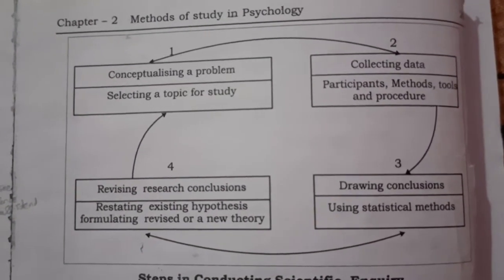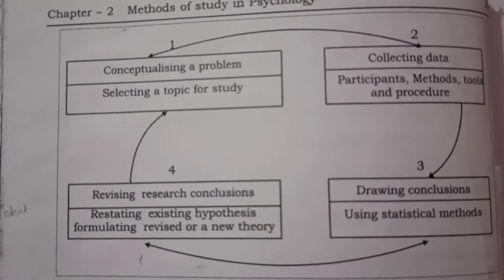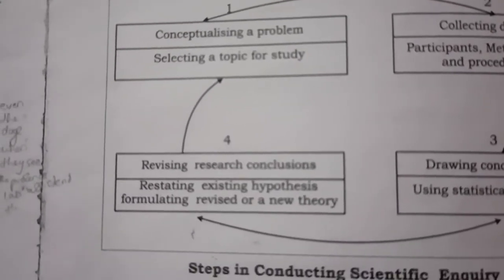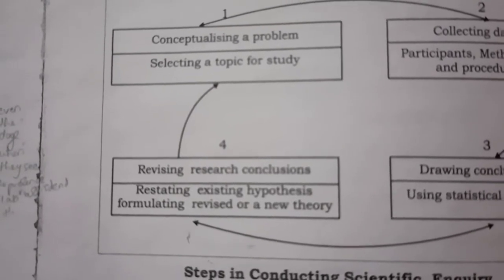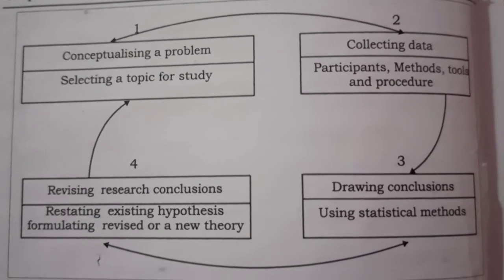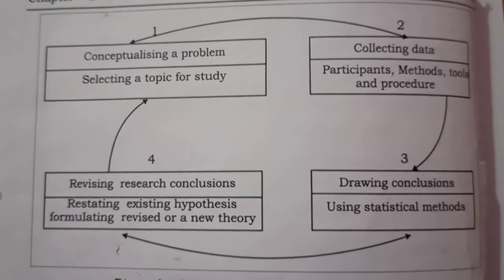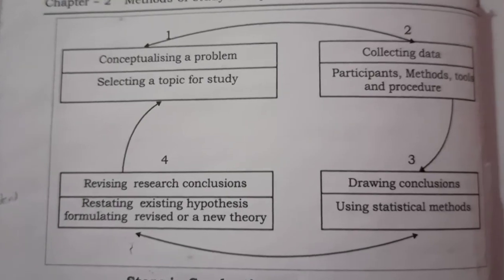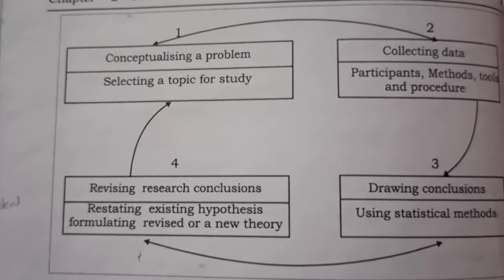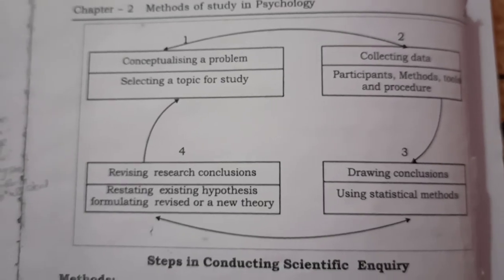The first, conceptualizing a problem, selecting a topic for study. Second thing, collecting data: participants, methods, tools, and procedure. So this is how the scientific method or scientific research is conducted. And the third one is drawing conclusion using statistical methods, after conducting tests on certain people, a certain group of students. Okay, revising research conclusion, restating existing hypothesis, formulating revised or new theory. So this is the method or